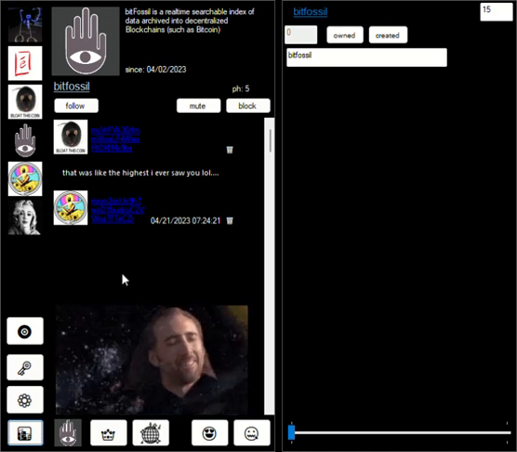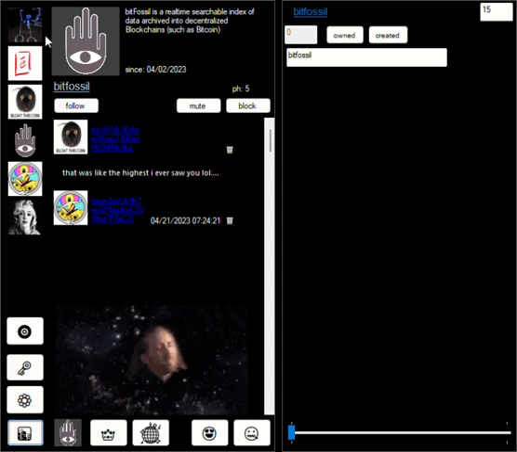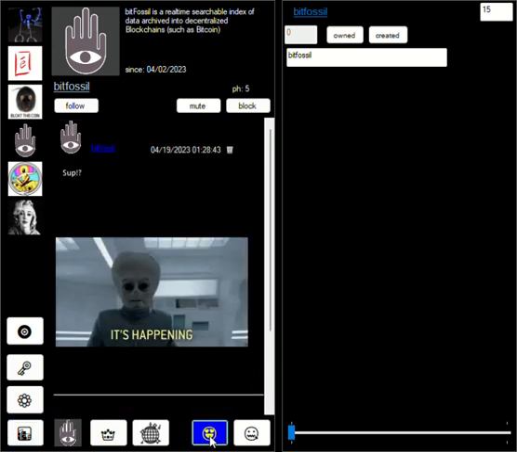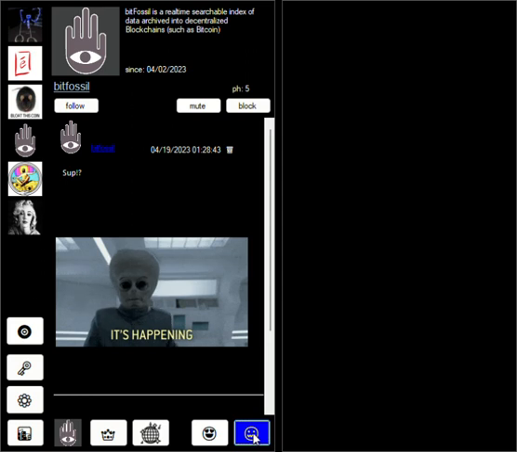It's pretty simple. Also, when you're on someone's profile, you can click on this little icon down here and then click on the disco ball, and it'll open up a little message where you can send them a public message, which is kind of cool. And then if you click on this icon here and then hit the disco ball, it's going to open up a window where you can send them a private message that only they can see, and it shows up on